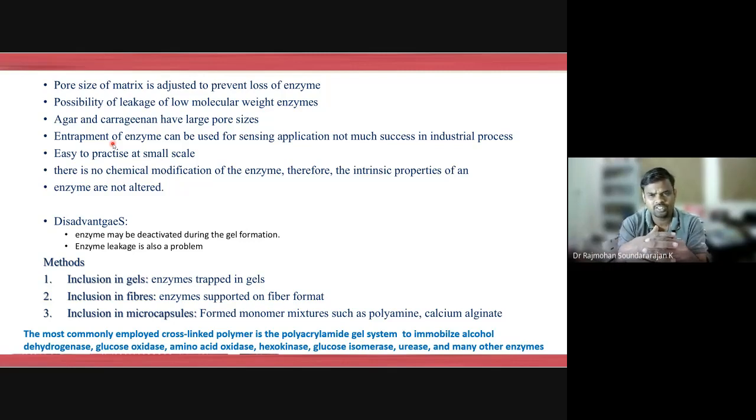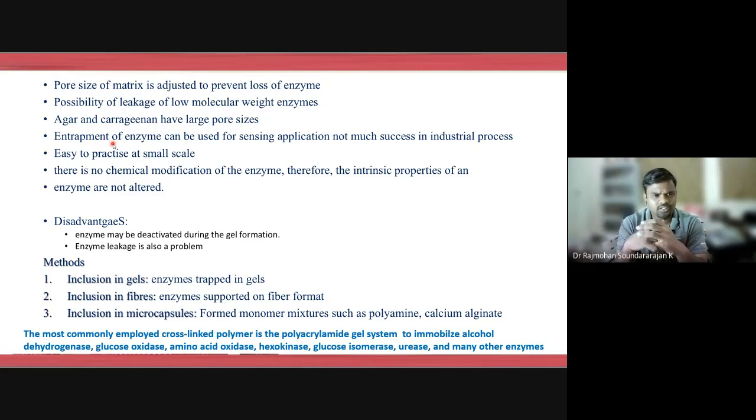These biosensors, in these cases, use entrapment. Already I have discussed with you the estimation of blood sugar. We immobilize one of the enzymes onto the paper. Two enzymes are entrapped on the paper, and based on the color change, we define these things, which were discussed in the previous lecture when we introduced the enzymes. So in such kinds of applications, this entrapment of enzyme method is being used.